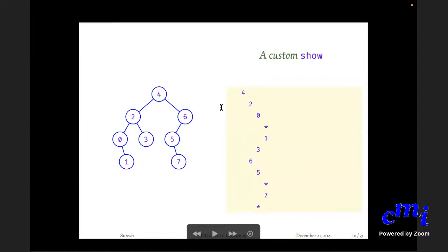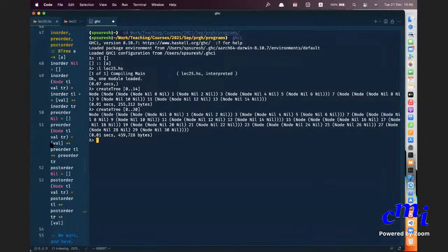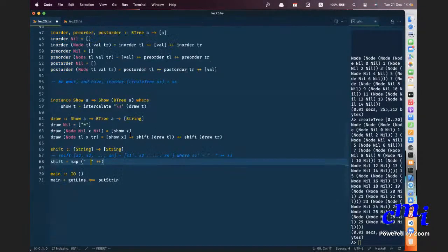And then I am printing it out in a pre-order fashion. So I am printing out the root first, then the left subtree, then the right subtree. I can also print out the root in the middle. So if you want, I can. There is enough flexibility here. I can print out the left subtree, and then I can print out the root.